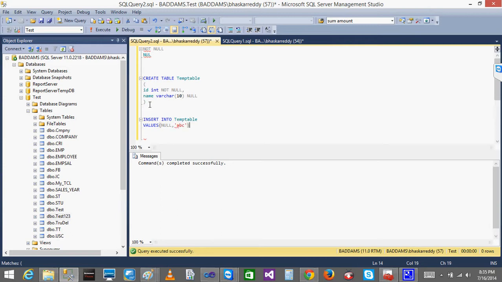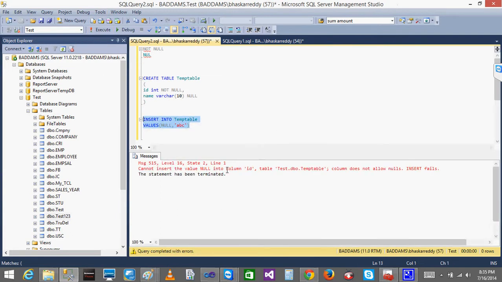But when I try to insert, it will not allow me to insert. See, why? Sorry, the id column I have given not null, but I am trying to insert a null value, so it will not allow you. See, the column does not allow nulls. That is one scenario. Now, if I give 1,